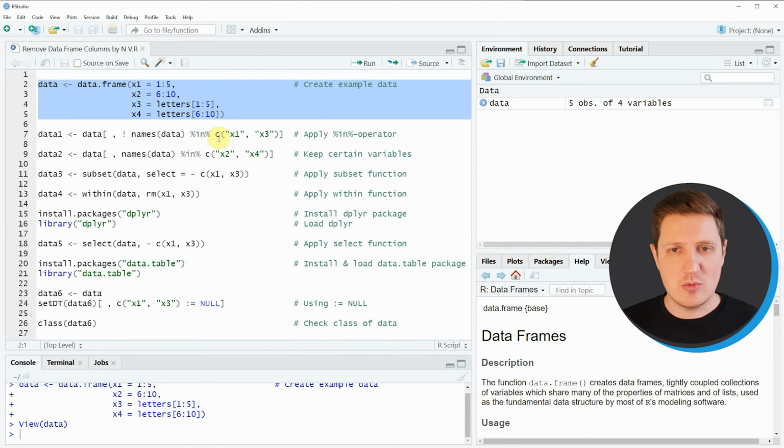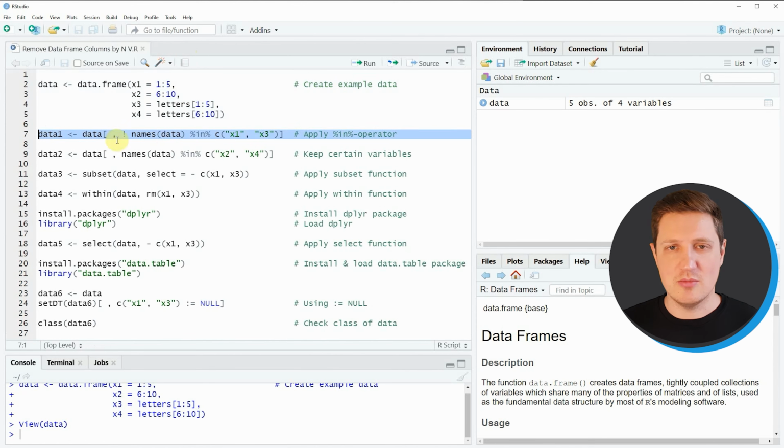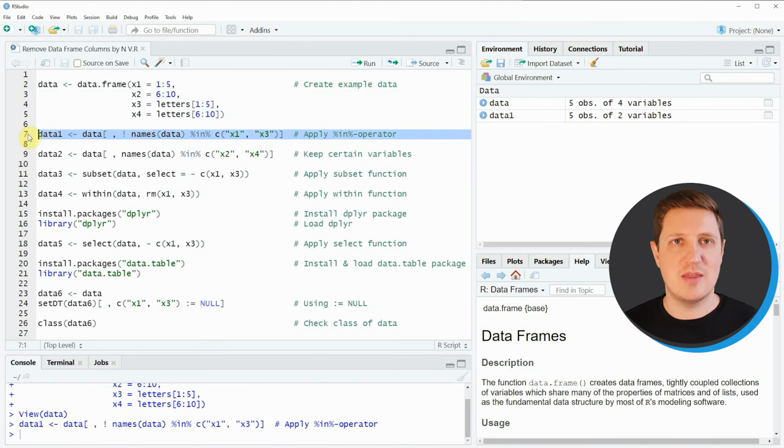So let's assume that we want to remove the columns x1 and x3 of this data frame. Then we can apply the code that you can see in line 7. In this line of code, I'm using the names function and the in operator to exclude the columns x1 and x3. If you run line 7 of the code, you will see that at the top right of RStudio a new data frame object appears, which is called data1.